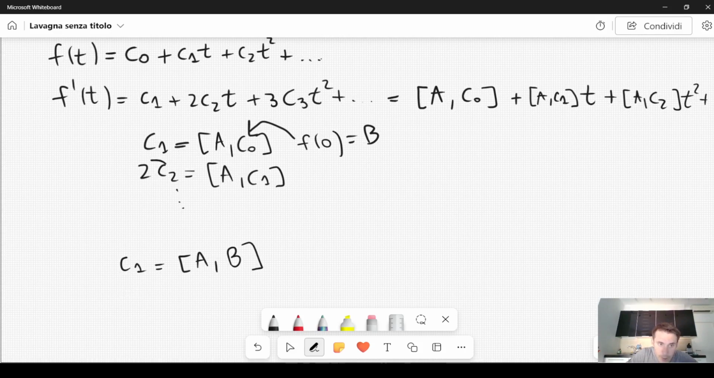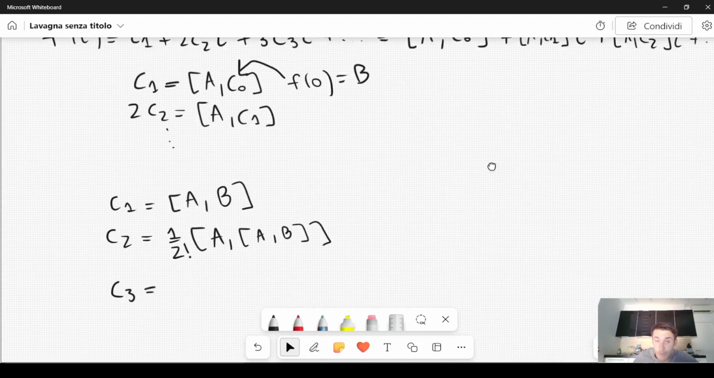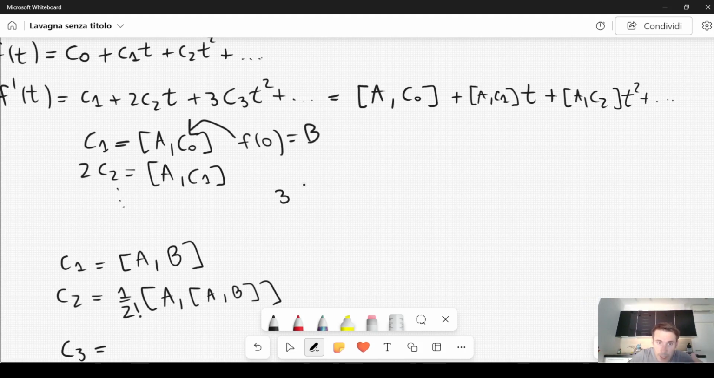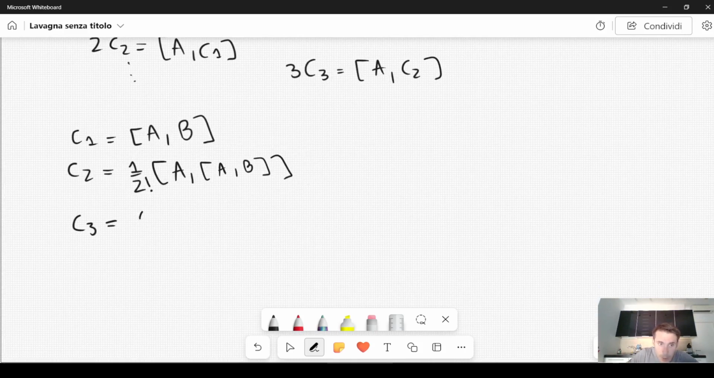Then, from this equation here, we get c2 equal to 1 over 2 times the commutator between A and the commutator between A and B. And then in principle you can go on. These two here, we can recast in the following fashion for convenience: 2 factorial c3, if you think about it, so we have 3 c3 equal to the commutator between A and c2, and c2, as you can see, is given by this expression. You can see that we get 1 over 3 factorial, so when you divide by 3, you also have a factor of 2 here, so you get 1 over 6, which is equal to 1 over 3 factorial,